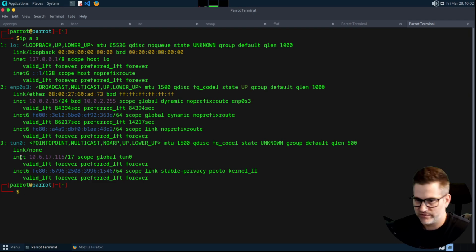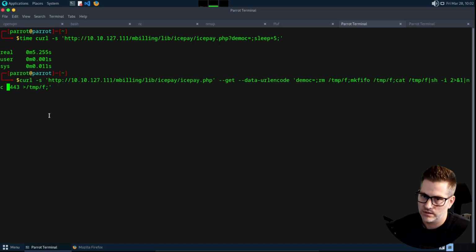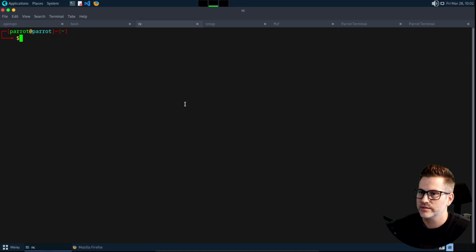I am using OpenVPN, so I'm going to want the tunnel, not the interface. So let's grab this tunnel IP address so it works. And we'll paste that in. Okay, now before we run this, let's go to netcat. We're going to do netcat LBNP,